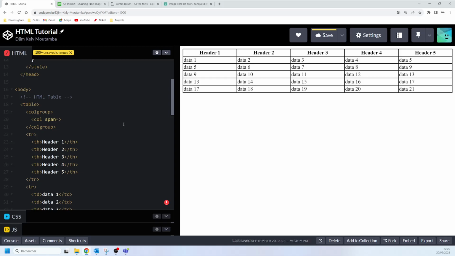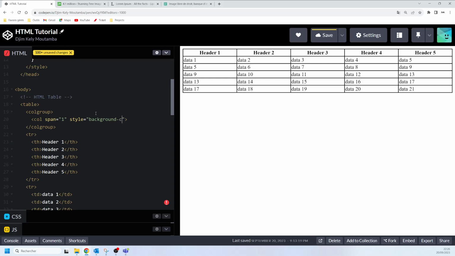So for the span here, we are going to specify a value. This value will determine the number of columns that will be affected by the style that we are going to apply. And then we will use the style attribute to determine the style that we want to give to our